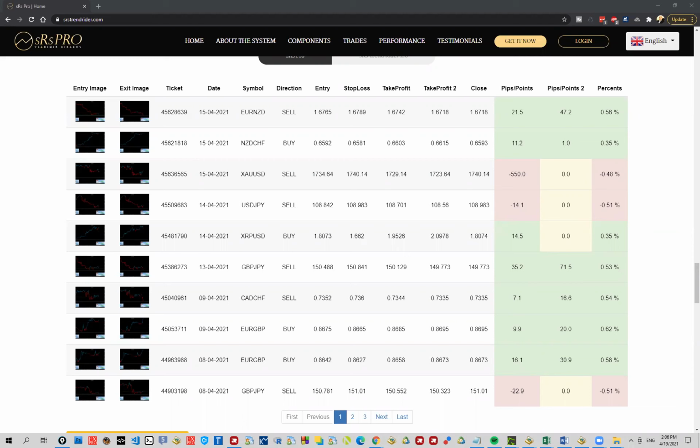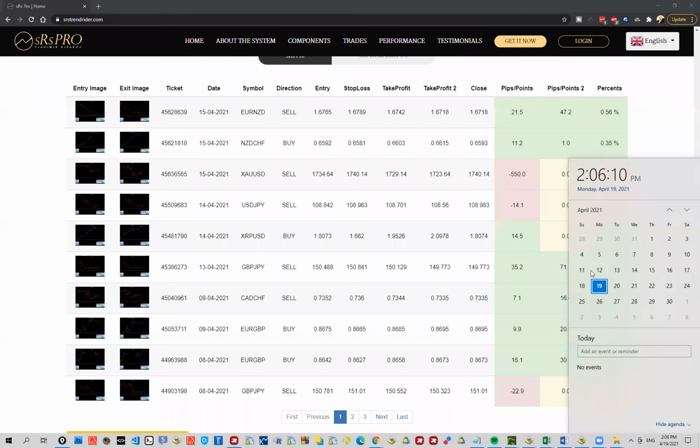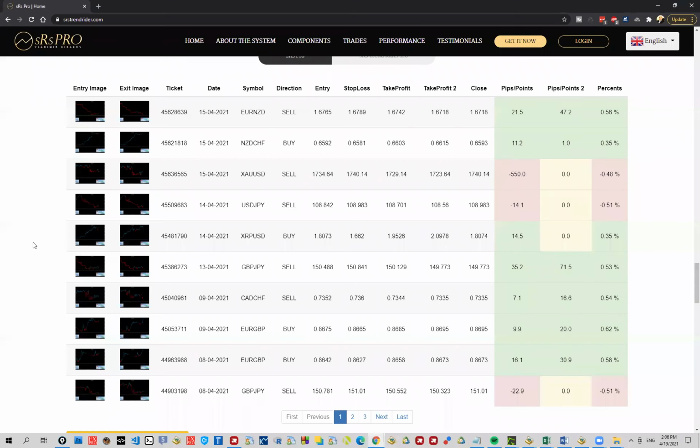My name is Jordan and today we're going to go over the previous week's examples, which basically starts from the 12th up until the 16th. That would be leaving us with 1, 2, 3, 4, 5, 6, 7 trades, setups or examples here in this table. So let's start from the top and